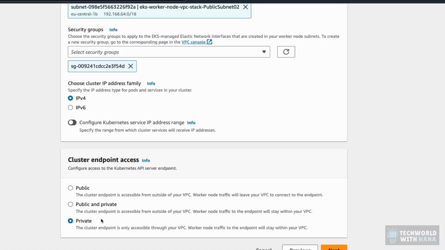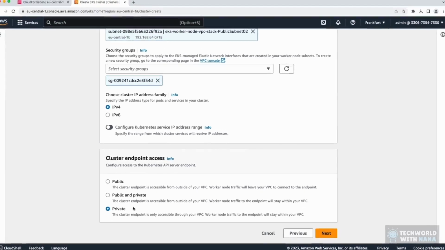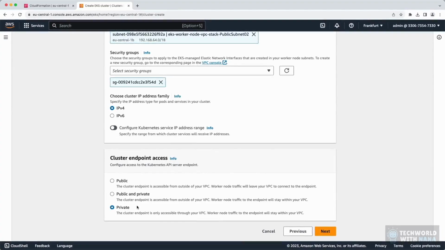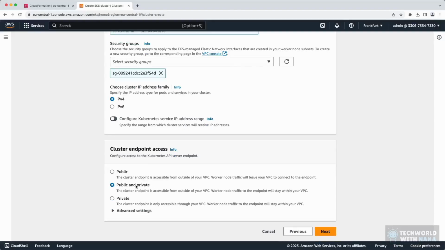Like I can't execute kubectl commands from my laptop because my laptop is not in the VPC and the public endpoint is not open. That means we would have to install the kubectl client on one of the worker nodes or on a server which is part of that VPC to actually connect to the API server to deploy stuff or to view stuff from the Kubernetes cluster and so on. So you won't be able to configure kubectl to talk to the API server from your laptop. That's the difference. So we're going to choose public and private because that's actually the optimal configuration for the cluster,